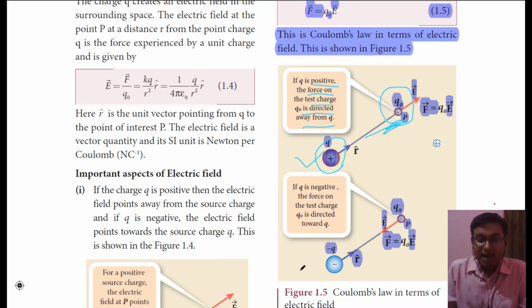If suppose our source charge Q is negative, that is minus Q, and at point P at a distance of R our test charge is there, Q naught, which is positive. In that situation, the direction of the electric field at charge Q naught because of Q will be in inward direction. Here you can see that one is a negative charge and the other is a positive charge, so because of that there will be a force of attraction, and so here the direction will be opposite from the previous situation.